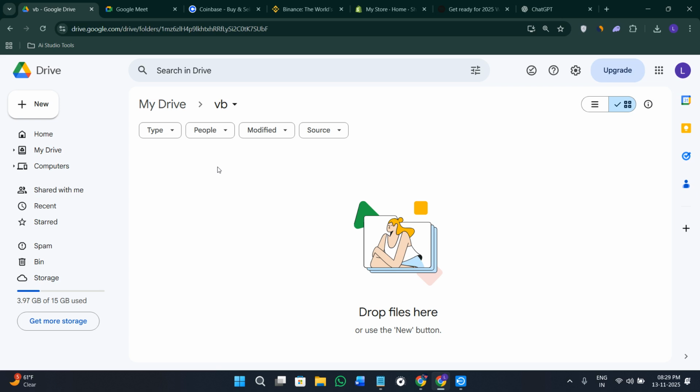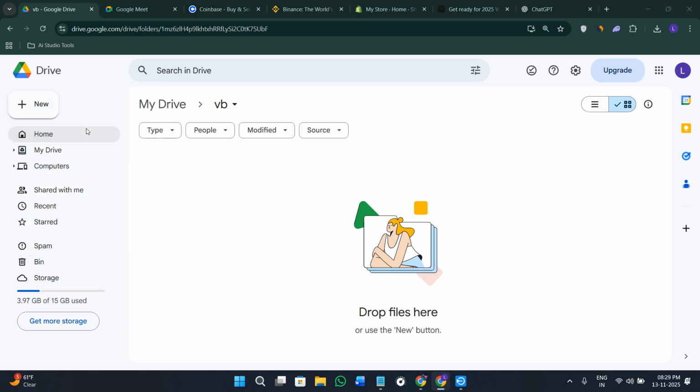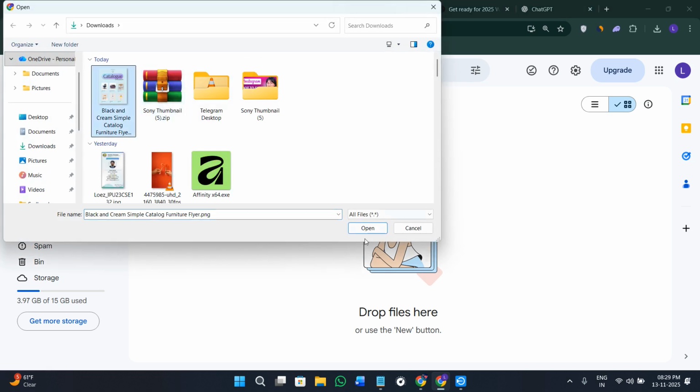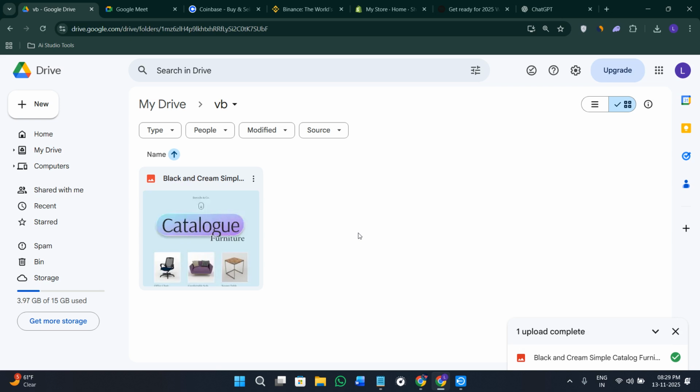Now you need to start uploading your files. So in order to upload the files, make sure that you are inside this folder. Otherwise your uploaded videos and images will come outside of it. So inside it, simply hover over to the new tab again, then click on the option of file upload. Now it is going to open your device in front of you. So you will have to select that particular video or photo which you want to basically upload in this